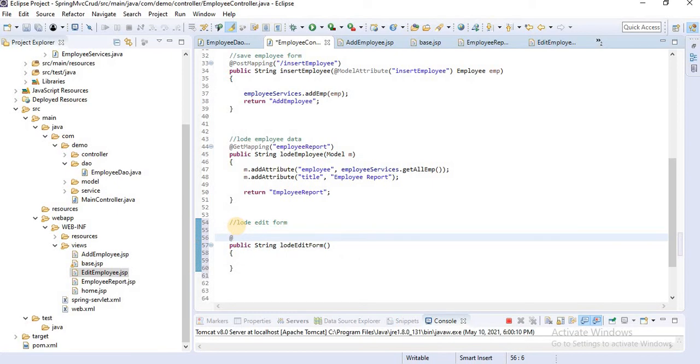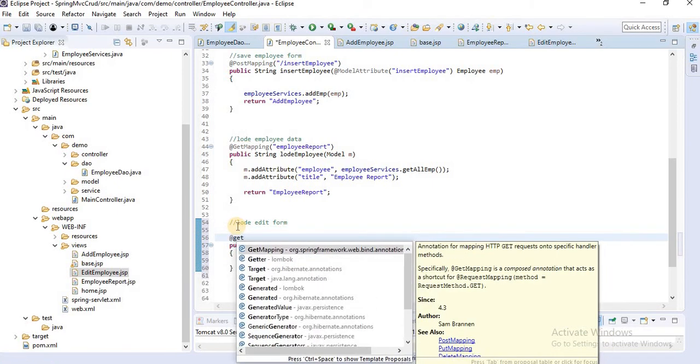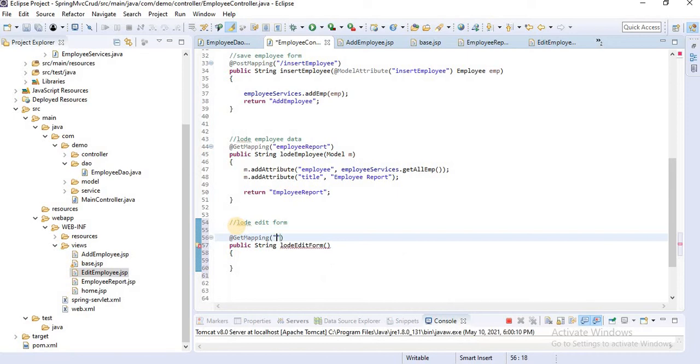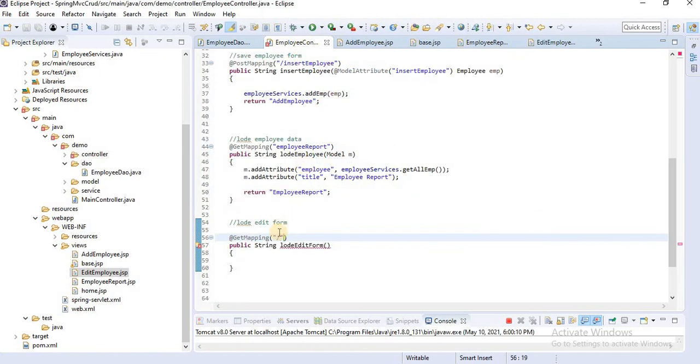Let's add GetMapping. Let's check in our report which URL we have used. We have used edit employee and then delete employee. Let's copy this edit employee and paste it inside the controller: edit employee/id. We are passing the ID there.